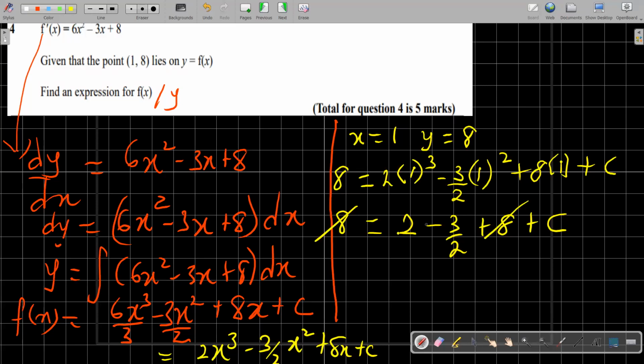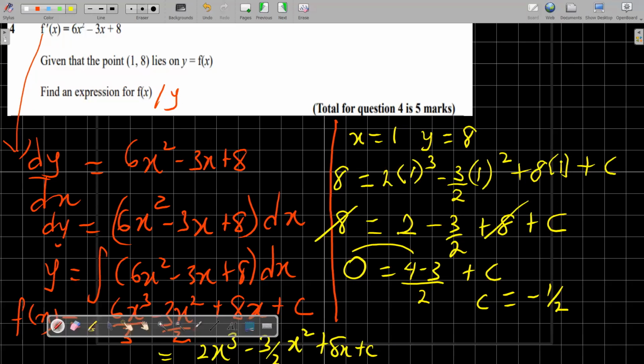And what is 2 minus 3 over 2? So we're saying that 0 is equal to 2 minus 3 over 2, which is 4 minus 3 over 2 plus the constant c. And what is 4 minus 3? That is 1 over 2. Therefore, it means your c will be equal to negative 1 over 2 when you take it to this other side of equality. Now that you know the value for c,